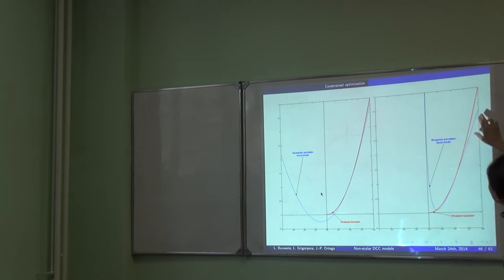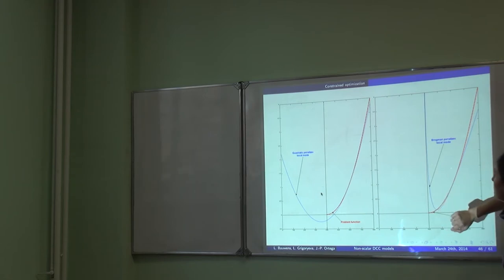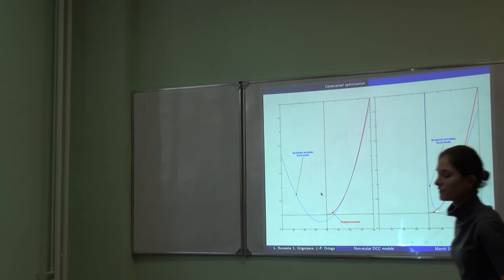So in this case, we would like to have some so-called penalized local model that will go to infinity in the points where you approach the parameter subspace where the constraints are violated. As soon as you approach it, we would like it to blow up so that this iteration is not kept and we go back to the previous iteration.